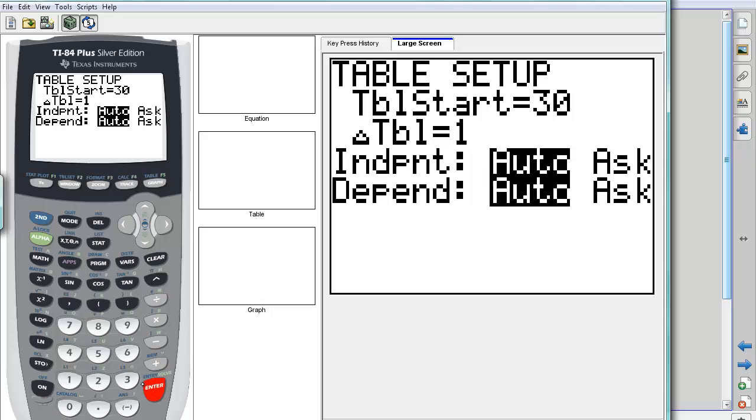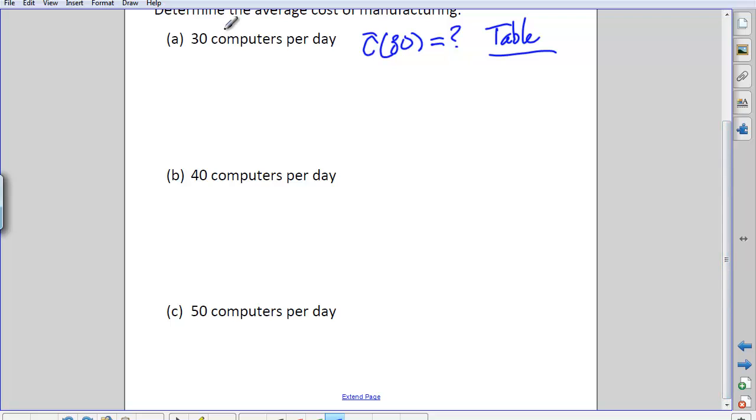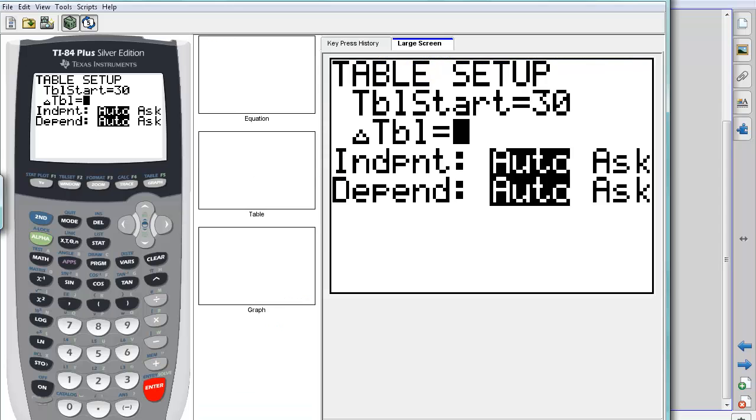The next one is delta table. That's a Greek letter delta, that little triangle. Really what that controls is how much your x values increase with each row in the table. So delta table 1 means it's going to start at 30, and then the next entry is going to be 31, 32, 33. The x values go up by 1. Now my question goes 30, 40, 50. So it would make sense then to put a delta table of 10. So then my table goes 30, 40, 50. Now if I look at my table,